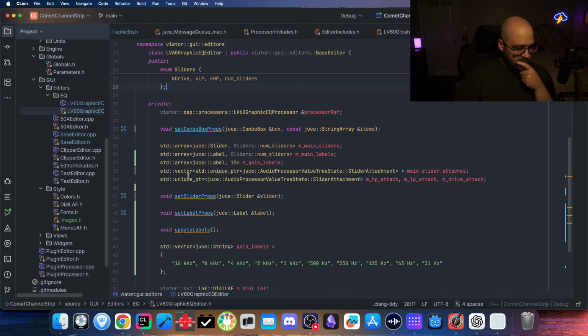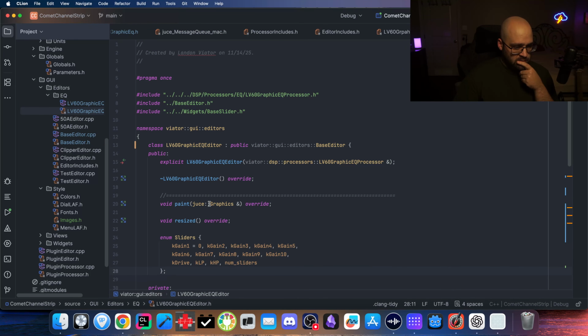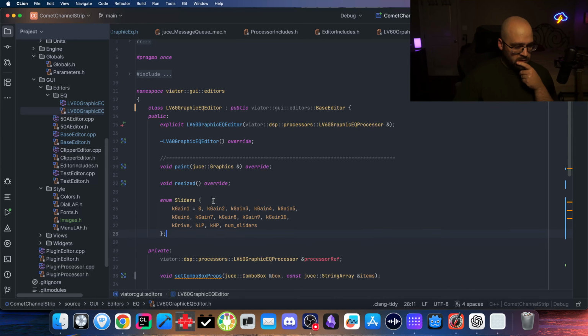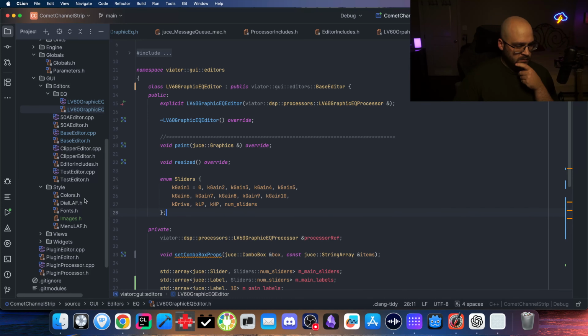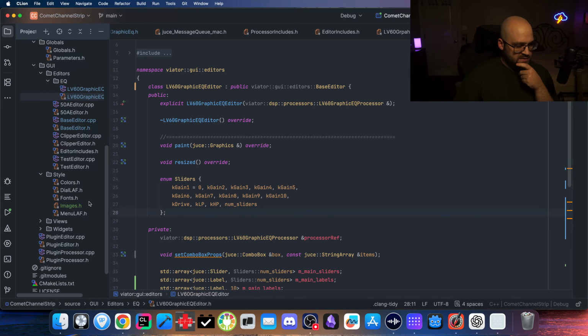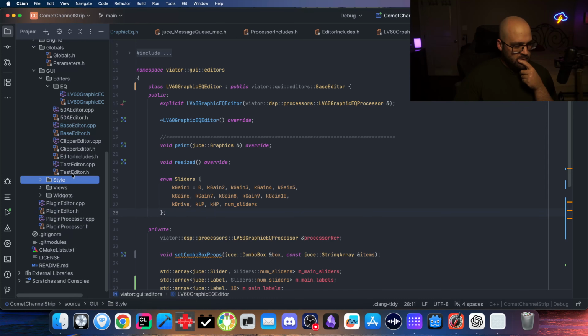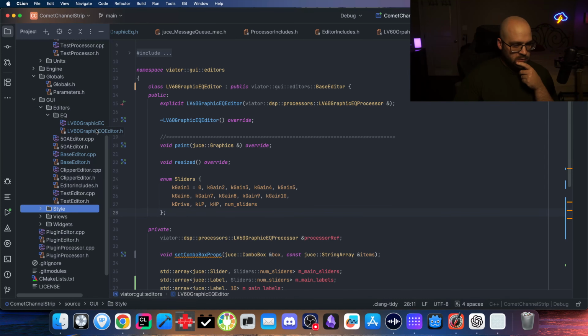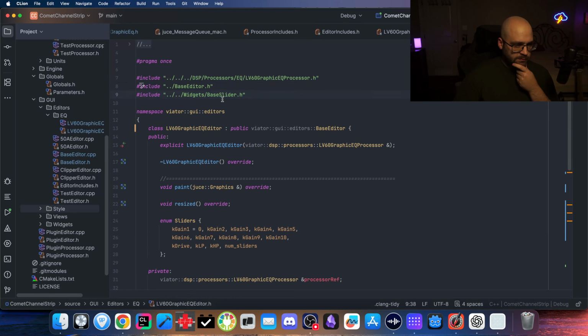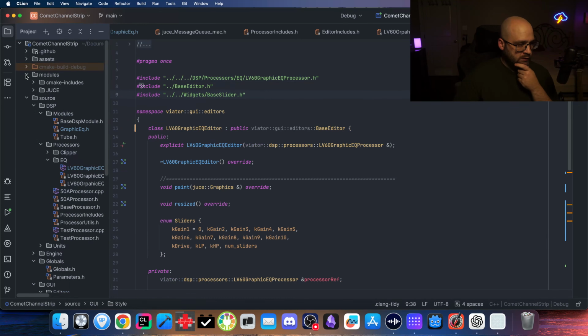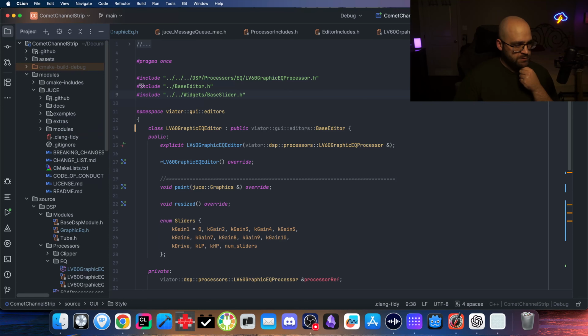Where are we at? This one. Okay. I'm going to put the look and feel in here. I don't want to like fill up this look and feel folder. Well, this style folder, I should say. I'd rather just keep everything contained in its own class or its own file. Like, it's only going to be related to this graphic EQ. So, all right. So in fact, we're just going to go steal the Juce